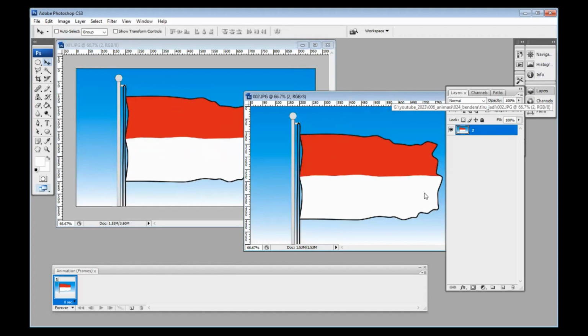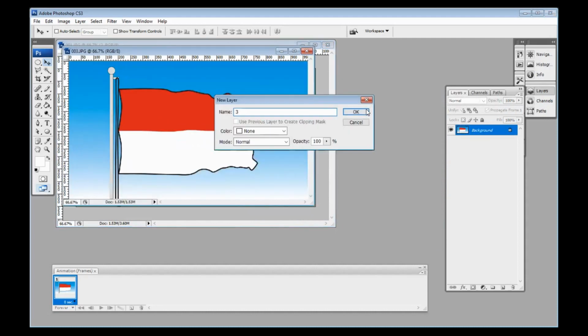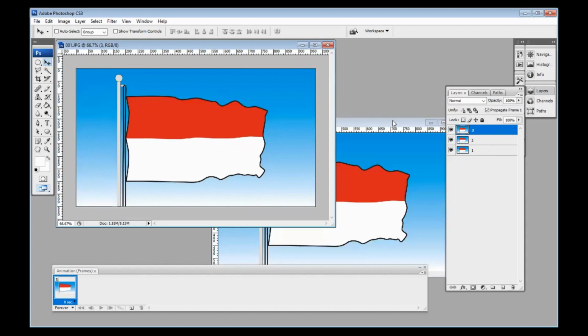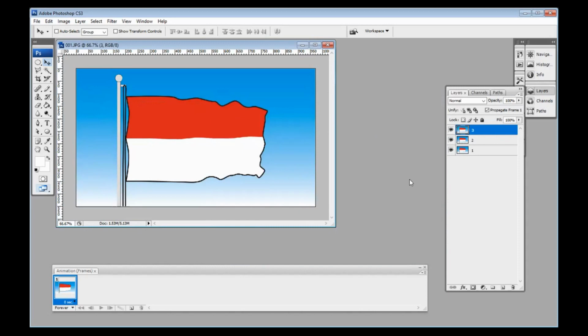number 3. Change to layer 3. Also, we don't forget the name of the layer. Okay, 1 2 3, number 4.